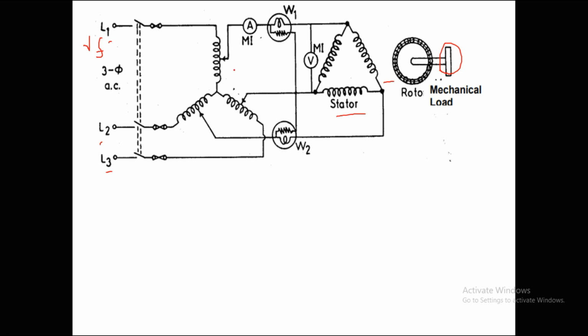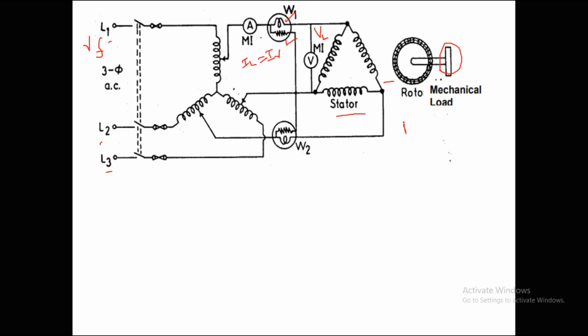So we can say this ammeter is going to give the line current, or the rated current measurement, and this voltmeter is going to give the line voltage measurement. And for the wattmeters, here we have the 2 wattmeter method, and we know a wattmeter has 2 coils, one is the current coil and the other one is the voltage coil. So we can expect both series as well as parallel connection in the wattmeter. And these 2 wattmeters are going to give the 3-phase power.